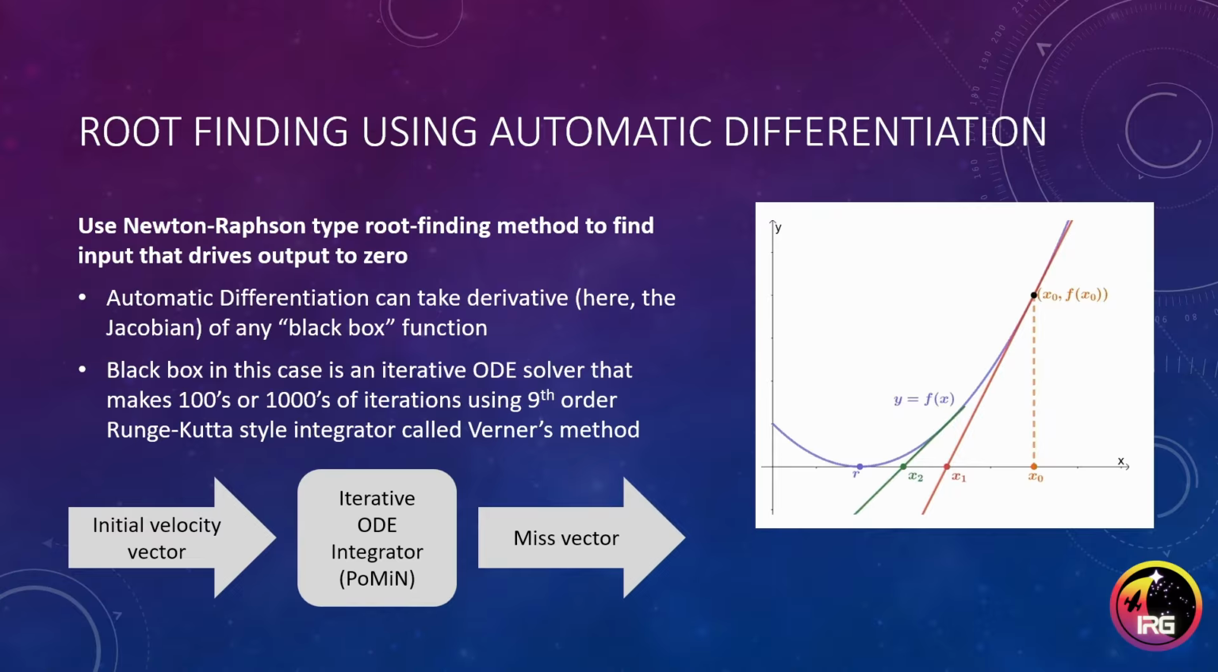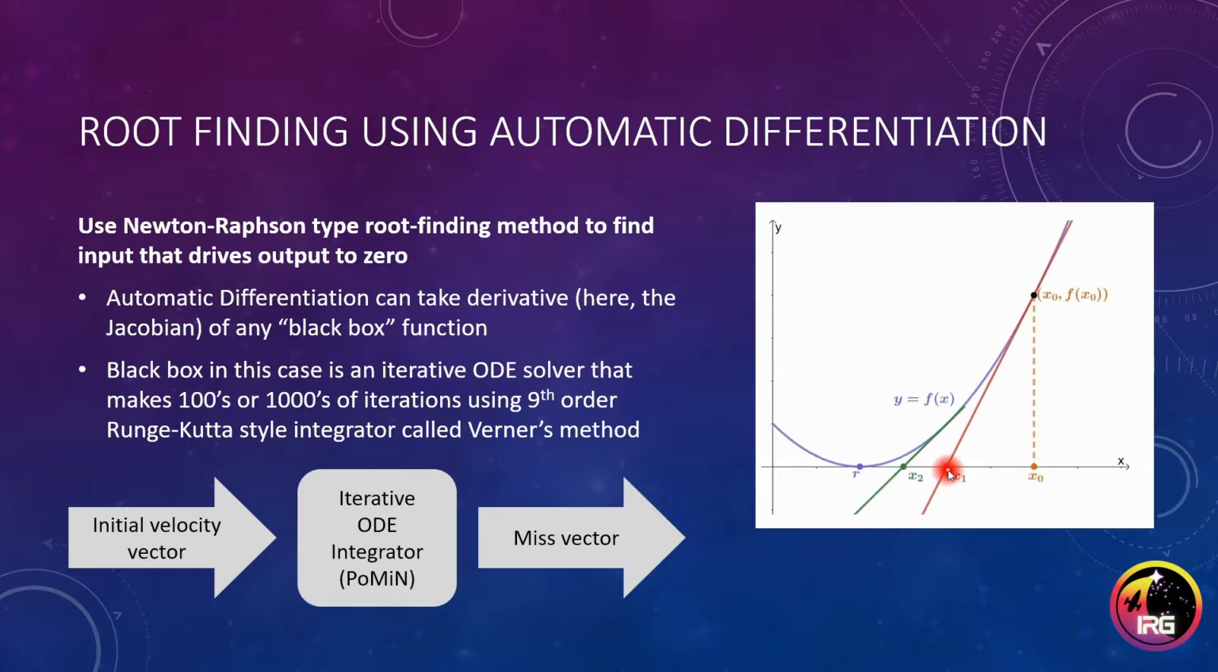So a Newton-Raphson type method works something like this. You have a function f of x, and you're trying to find the root of the function. We're trying to find where it crosses 0. You start with an initial guess, x naught, and you look at the derivative of the function at that point, and that gives you the tangent line, which you follow down to 0, and that'll give you your next guess,